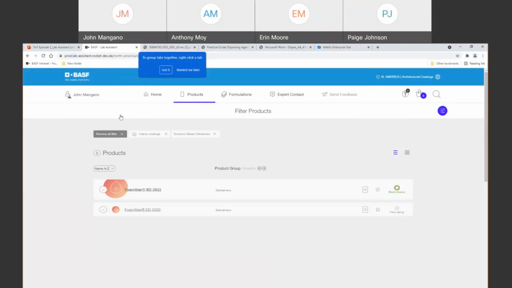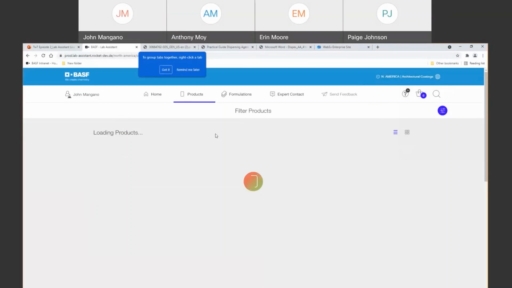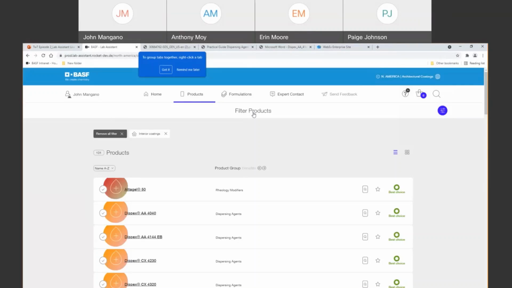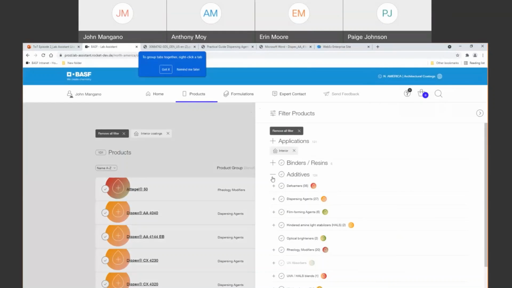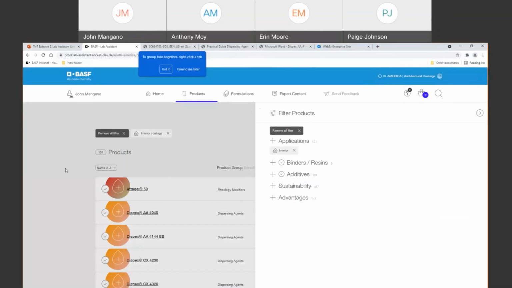Again, we can go back to overview. If we'd like to further narrow our selection, we can go right up here and eliminate one of the filters. We can always just go back to that filter list and open the boxes up. And again, we can unfilter here. So many ways to go about it, but hopefully it's all easy and intuitive to you, so you can find your way around and get right to the products that will do the job for you.